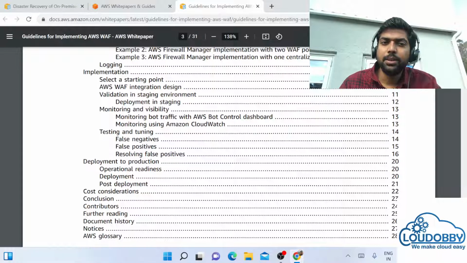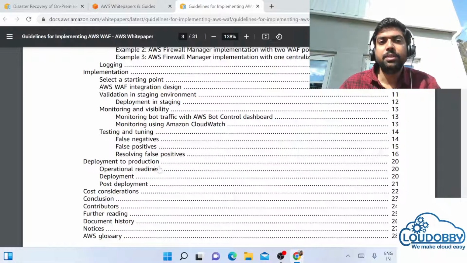Finally, testing and tuning is really needed, because when you try something you will get many alerts or issues. Usually these are false negatives and false positives, because we need to tune our alarms. A false positive is flagged as positive, but it is actually not impacting you. That rule is correct, but it's not impacting you. Resolving the false positives is very important, because false negatives we will anyway remove from our rules, but for false positives we need to try to resolve them and see if the policy is really needed.